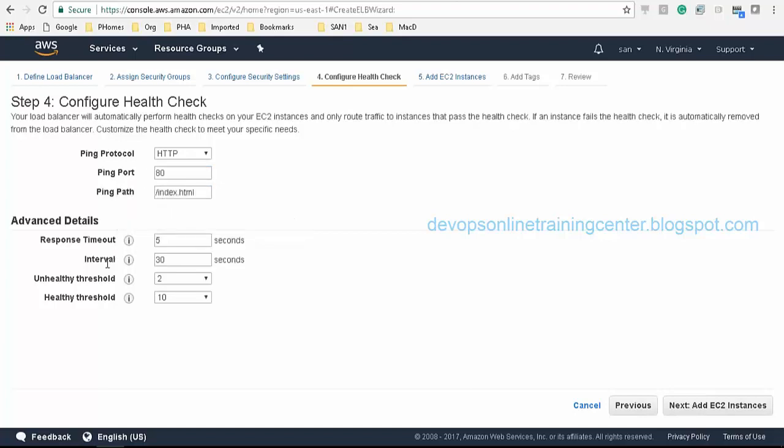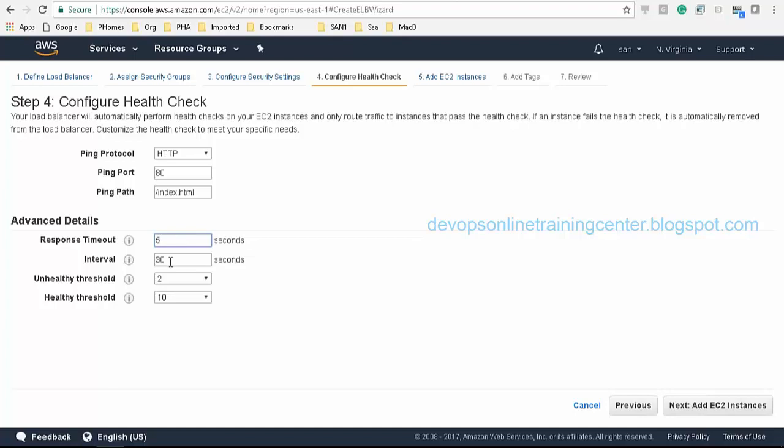There is also a setting for when you want to define the application as down: how many times you want to poll, how many requests to send, and how much time to wait before declaring the application as down. The response timeout is the time it will wait, 5 seconds, to get the acknowledgement from the application.